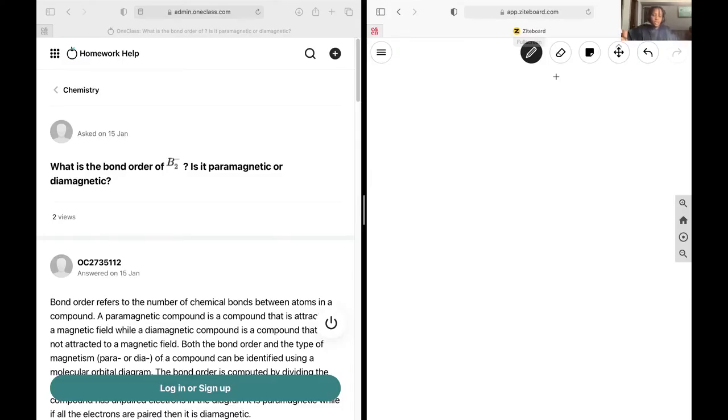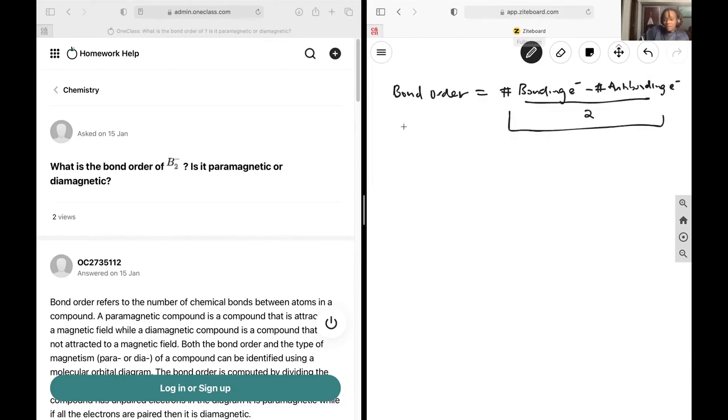Next up, I would like the bond order of B2 minus and to find out whether it's paramagnetic or diamagnetic. So first, let's figure out what the bond order is. The bond order is going to be equal to the number of bonding electrons minus the number of anti-bonding electrons, and then it's all going to be over 2. I find these values by looking at the MO diagram